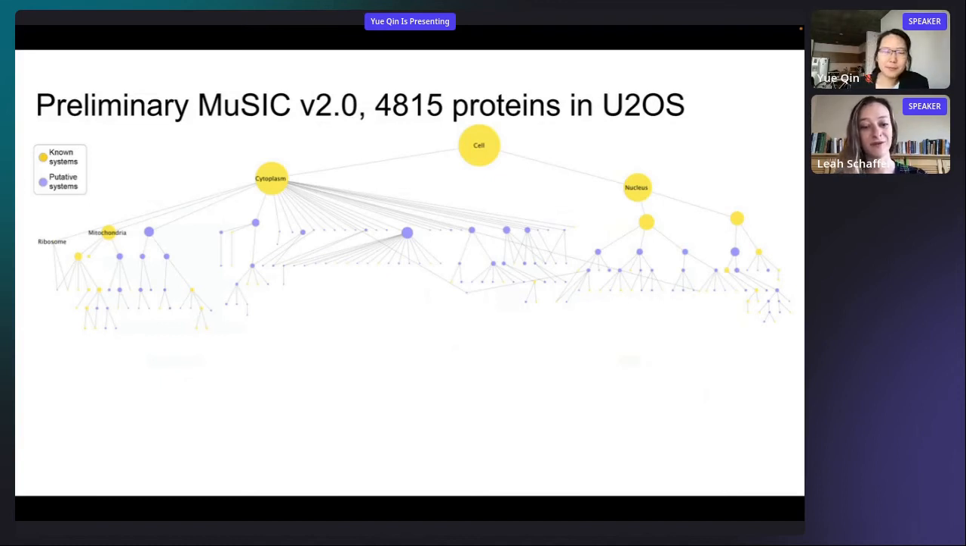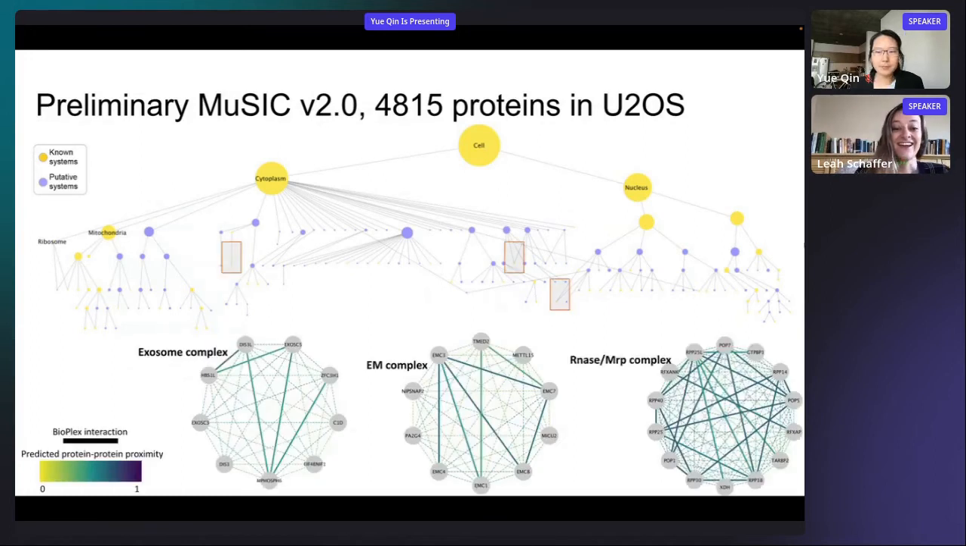And similarly to before, you can see the top of the hierarchy, these larger subsystems factored into smaller and smaller subsystems. And yeah, next slide. Just looking through this preliminary map of cell structure, we were able to find these many known protein complexes. And of these, for example, these 3 were not in the original MuSIC map in HEK293. So it's showing that by expanding this approach to U2OS and more globally,